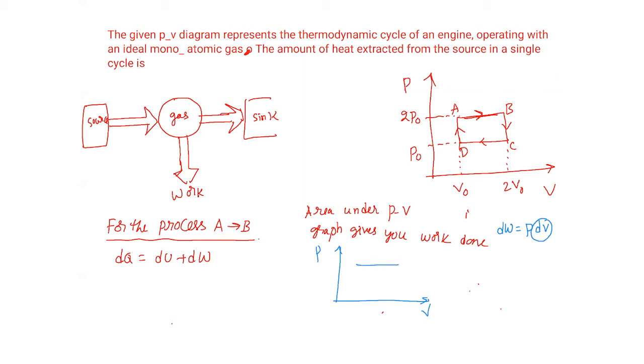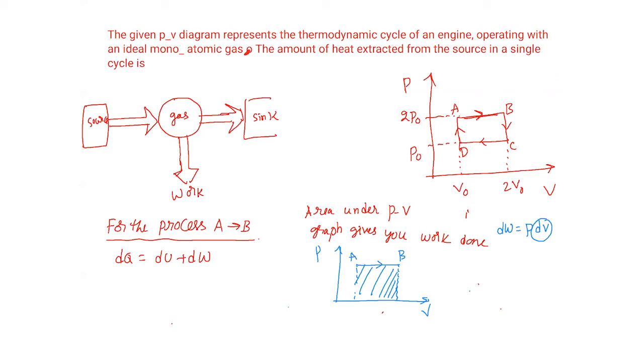Now I have a process A to B. Is work done positive or negative? Positive. And this is also an isobaric process. Why do you say this is an isobaric process? Process A to B is isobaric because P is constant. So what is this work done? Suppose I ask you to calculate work done from A to B, till the volume axis, you have to calculate the entire area. Remember, I have to calculate the entire area only for the process A to B.